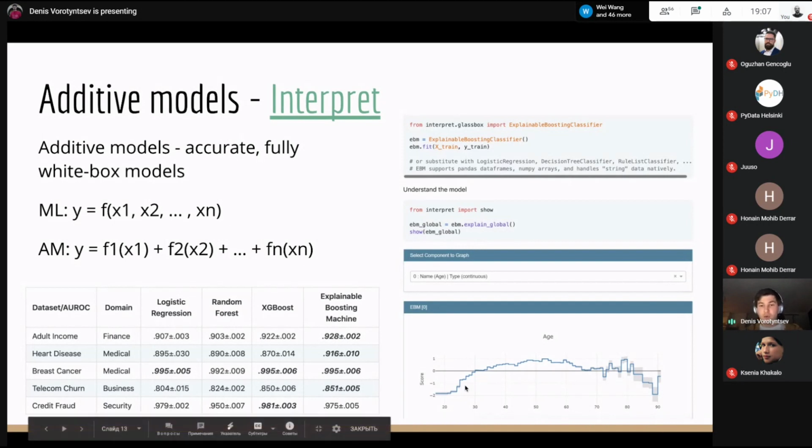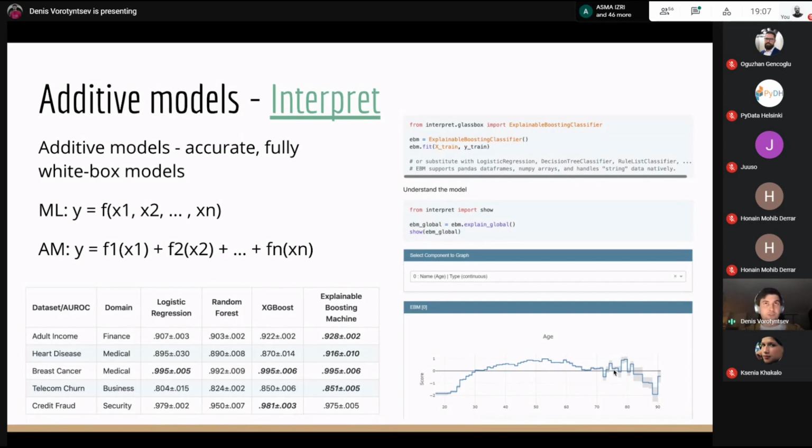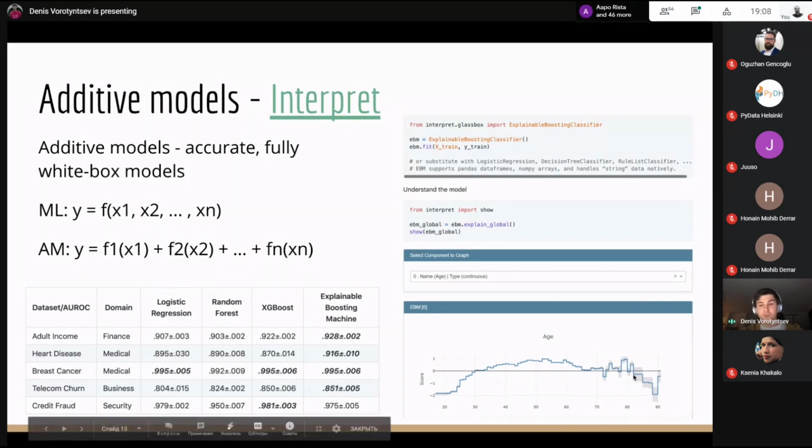So we select this part of the shape function, and for this part we may just plot a straight line. It's not possible out of the box, unfortunately, but I think you got the idea. So by doing so, we are improving our model even further.